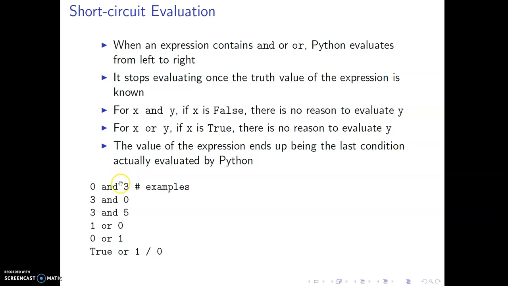Okay, so here's some examples. Let's just run through these. False and true, right? False and true. So what will it be? False. True and false. False. True and true. True. True or false